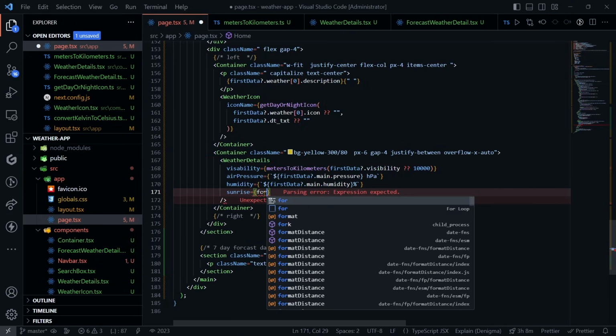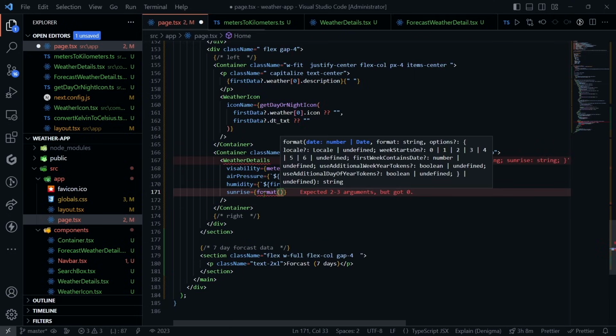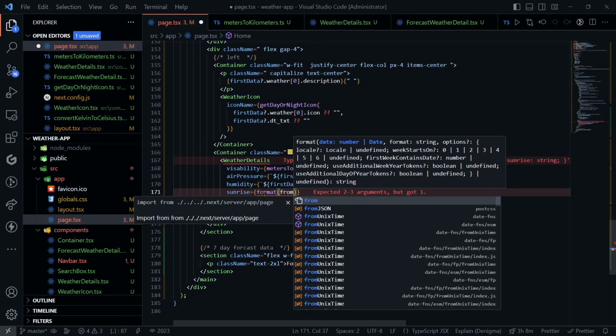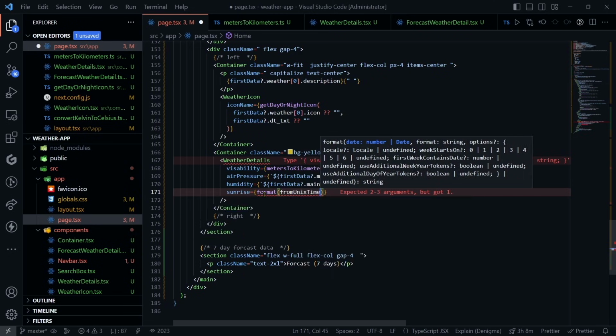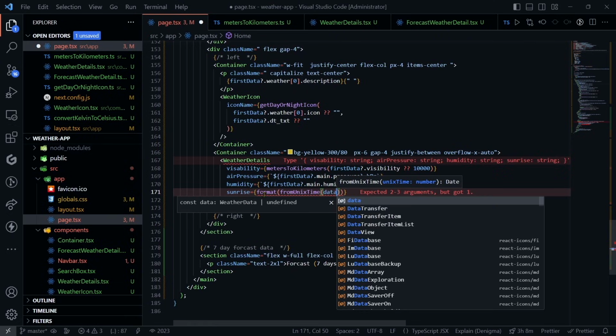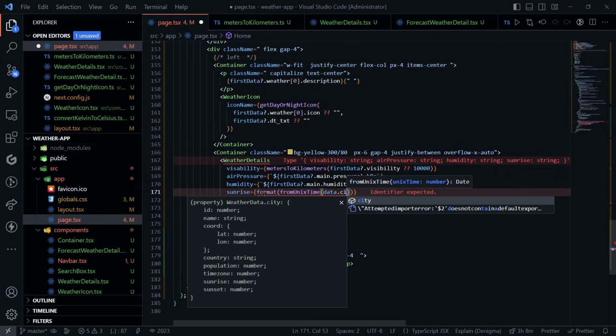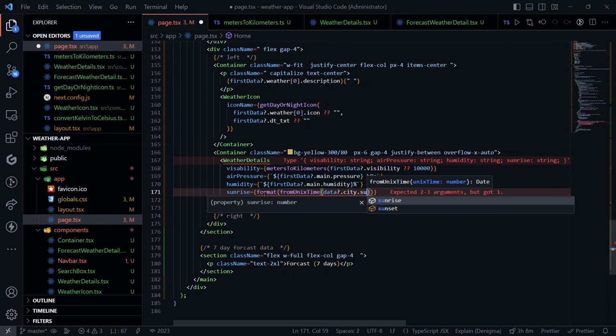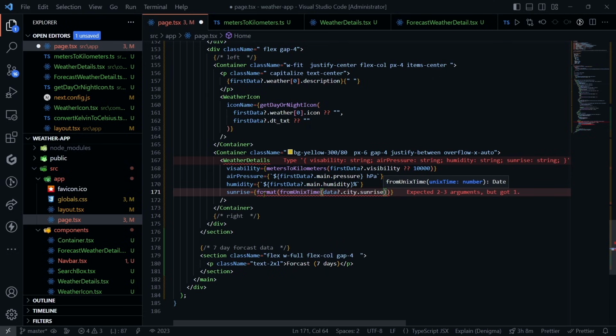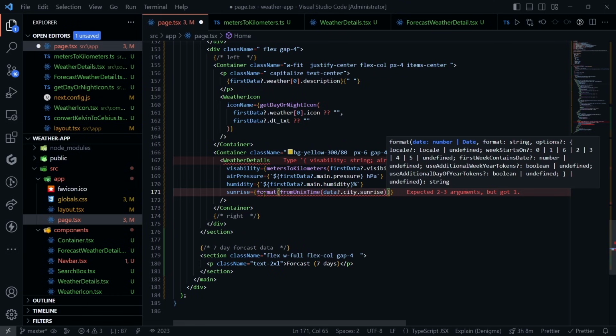So here we will write format, and inside that format we'll use fromUnixTime, which we are importing from date-fns, and inside that we will pass our data dot city dot, so first of all we have to pass sunrise, and after that we have to pass a format. So the format will be